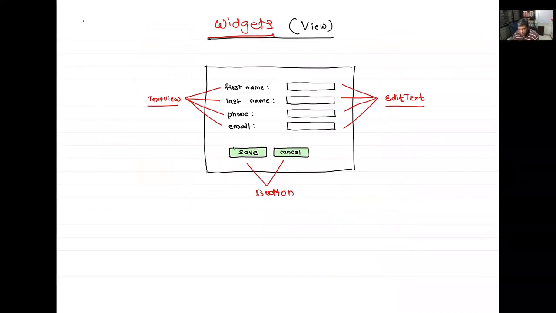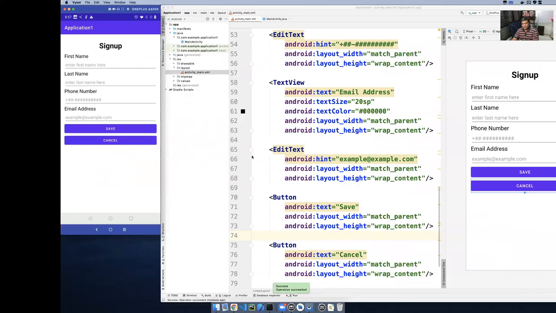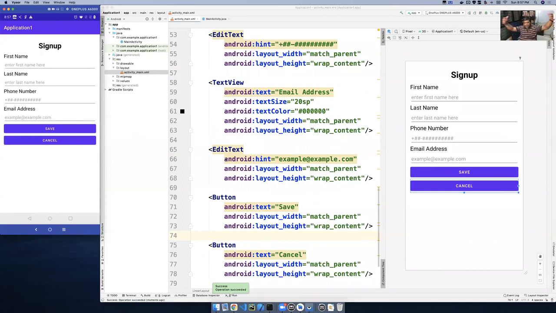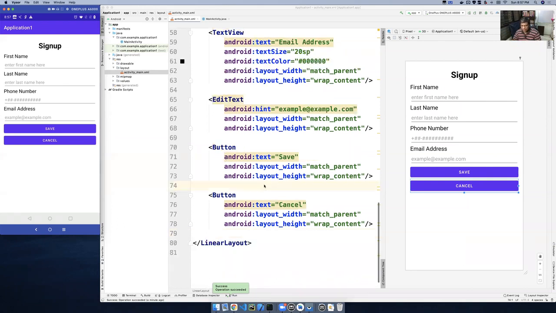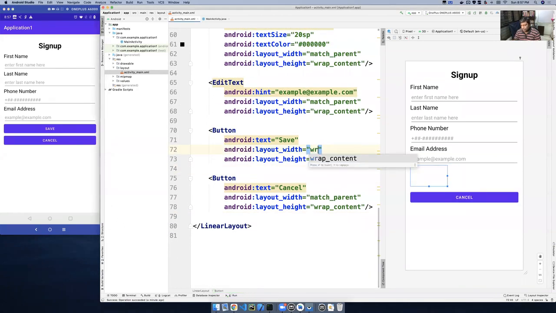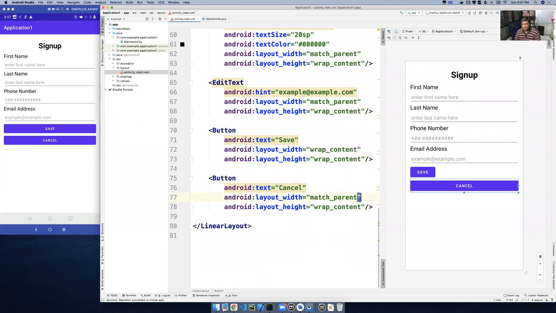I want to make them look like this. In a sense, now they are very wide and they are next to each other, or vertically next to each other, should I say. How do I make them horizontal? Any guess, guys? First, let me change that match parent to wrap content. So at least those buttons will be a little bit smaller. Yes, that's correct. Whatever the width is needed for them to render, they will have that much space. That's good. But how do I make them